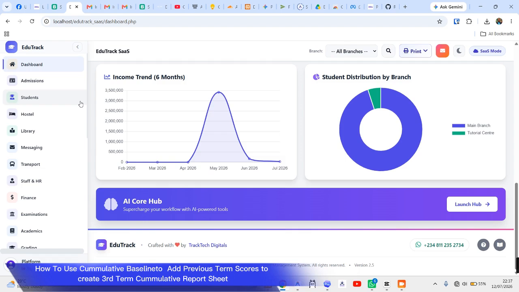The end result of everything is that your school must succeed, your school business must succeed, and you do not have to spend the whole time doing administrative work while you can actually adopt technology to save you time, to save you effort, and even stress. So that's what EduTrack is all about, and I've said it in several fora that personally, as the creator of EduTrack,